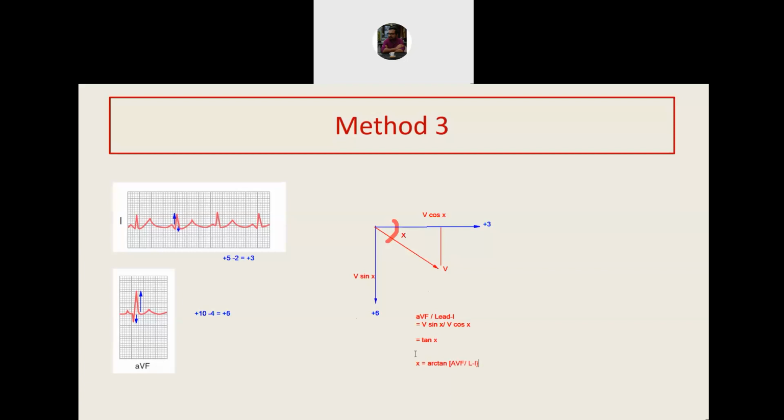It looks complicated, but see how easy it is. You don't have to do this graphical work because this is the theory behind. So what you simply do is you divide 6 by 3. So you find out arctan 6 by 3. 6 by 3 is 2. And so getting into this, I think this will be,